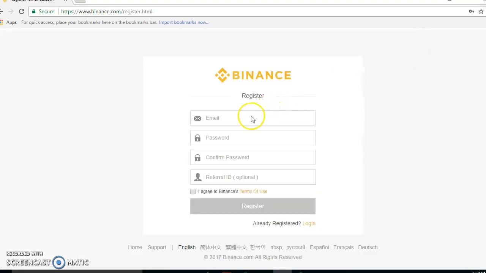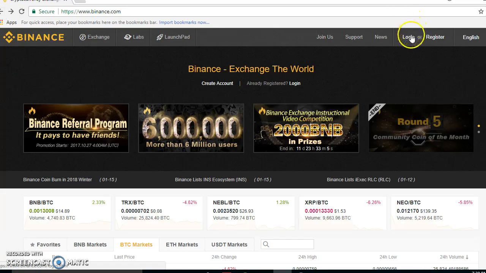And all you're going to do is just fill this stuff out right here. Real easy. Agree to their terms and then hit register. Once you do that, you'll have your account set up. And then you'll just have to log in